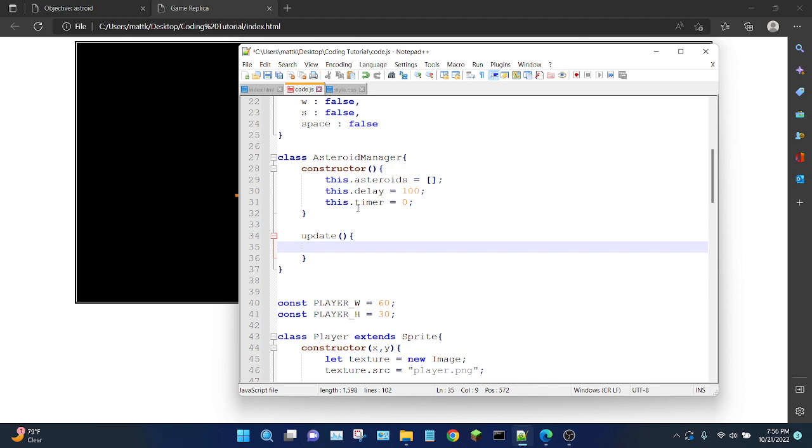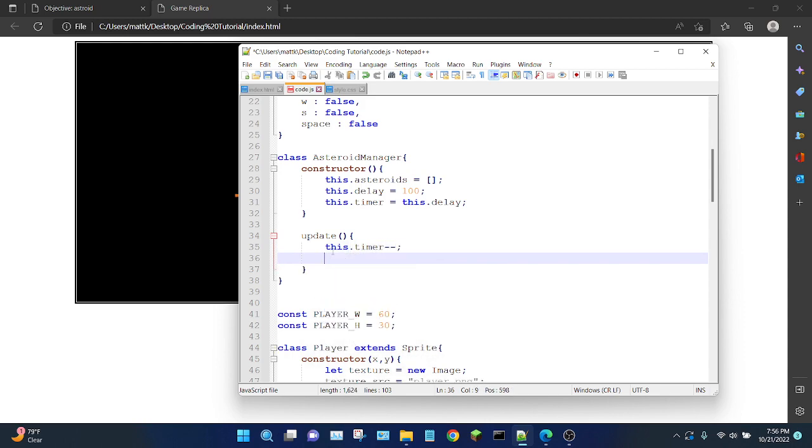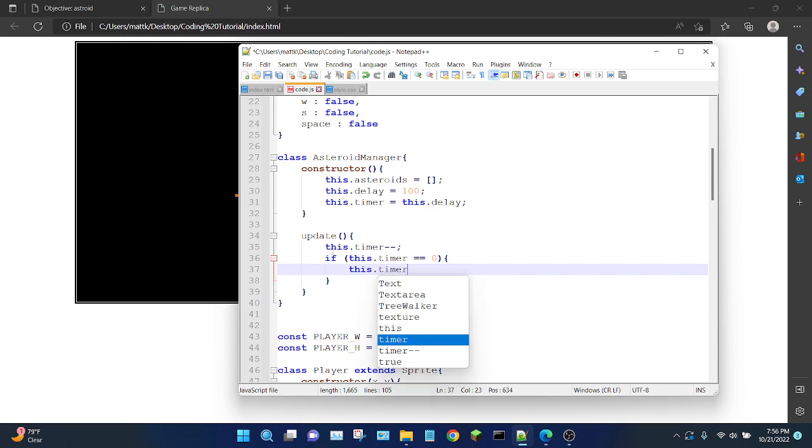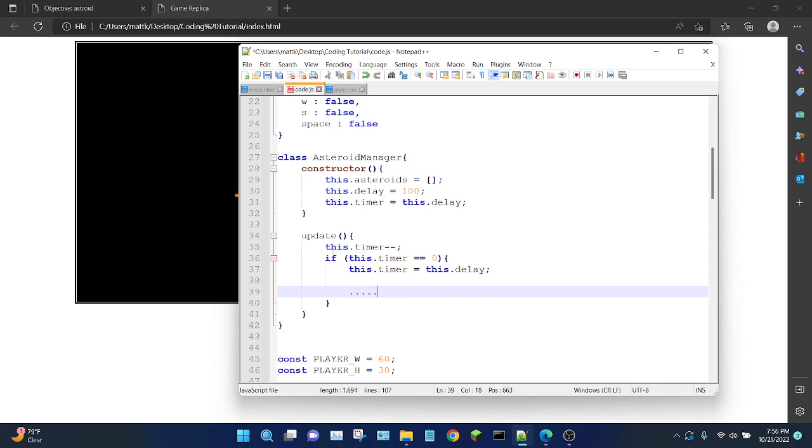So let's have it to where the timer, in fact, the timer needs to start as the delay. So this.delay, the timer will start at 100. So from the update, we're going to decrease the timer, this.timer minus minus. And then we're going to check if this.timer is equal to 0. Then what we need to do is reset the timer back to delay. this.timer equals this.delay, and here's where we would add the creation of an asteroid, but we needed an